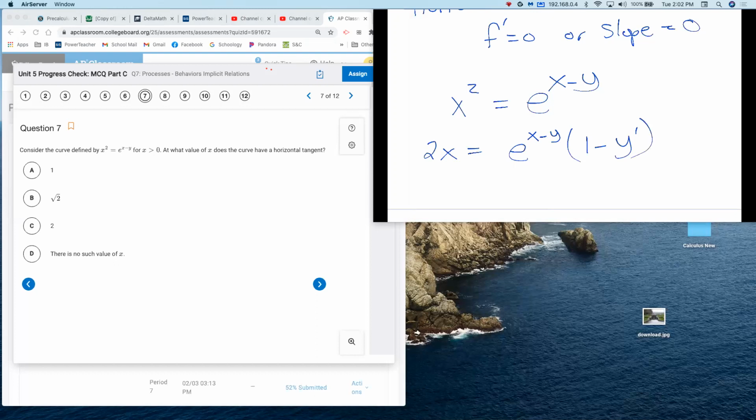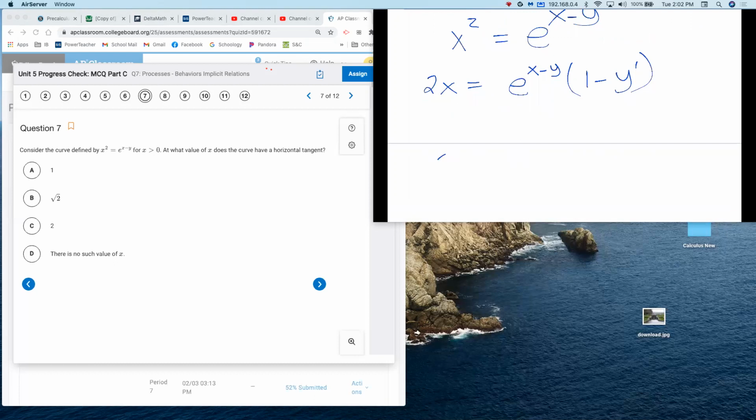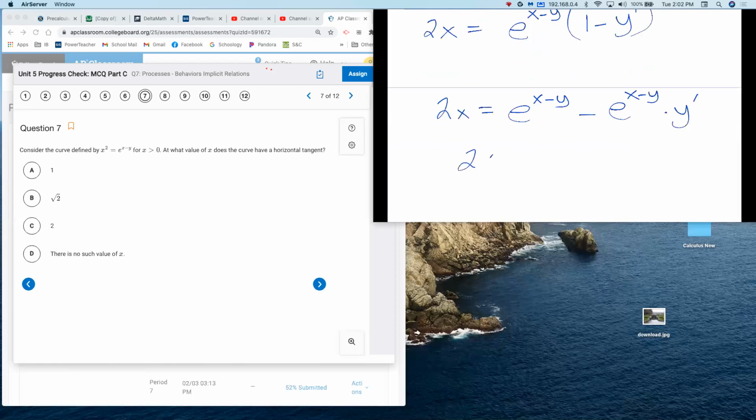And now I have to solve for y prime. Do you remember doing that? You should. I mean, that's what we did first semester. So if I solve for this, you have 2x is equal to e to the x minus y minus e to the x minus y times y prime. If I continue to solve for this,